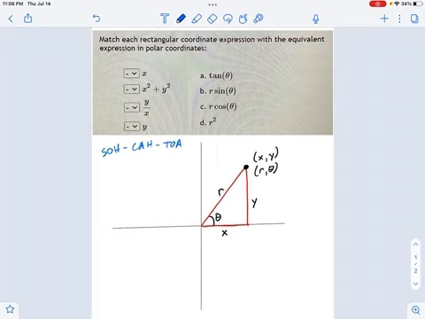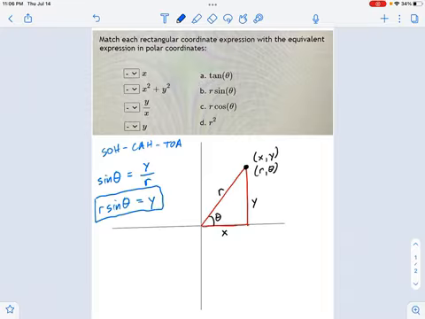And let's see how. Let's imagine the sine of that angle theta. And if you remember opposite over hypotenuse, what does that refer to? The opposite of that angle is right here. That's the y value. And the hypotenuse is what I've called r. It's the distance from the origin to that point we're interested in. So sine of theta equals y over r. Well, let's rearrange that a little bit. I'm going to multiply each side by r. R times sine of theta equals y. That is a critical equation for us. There's going to be 4 equations total. And you can see that one right here. So here's y, and here is r sine of theta.